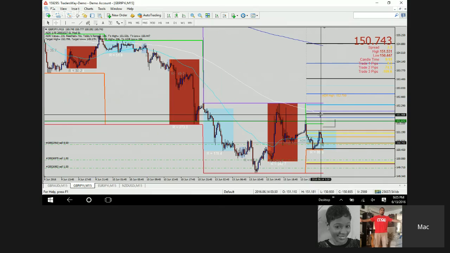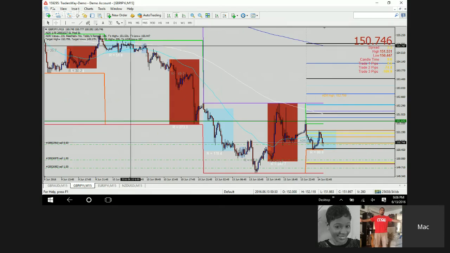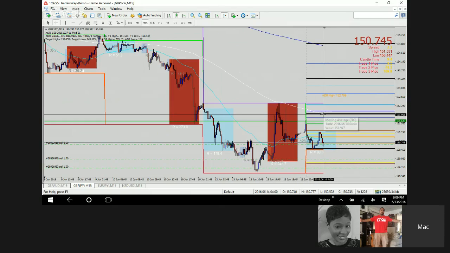So like I'm saying, this pair here, I'm expecting to come back up here, test this white line. If I see pins to this white line or any of this happening down here, I'm looking for a sell, and we're going to hold it all the way down here. Yeah, once you see the pins to the white line, are we gonna jump in there or wait a little while? Once we see the pins hit like 2 times maybe, we're going for a sell, put like a 20 pip stop loss,